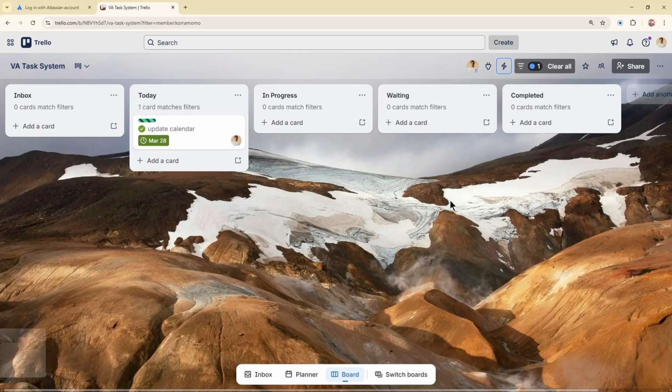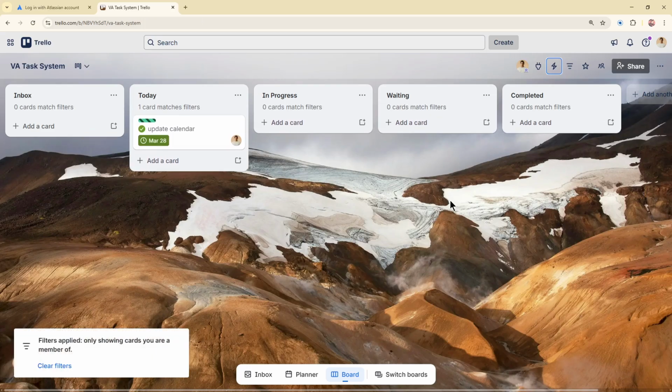One small thing to keep in mind is that this only works for cards where